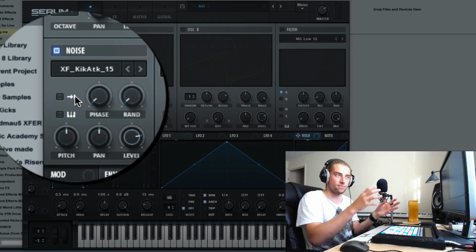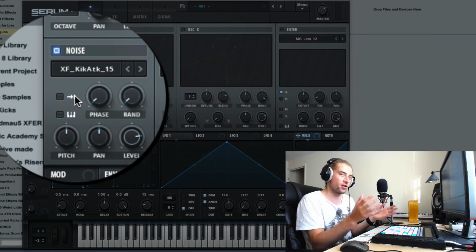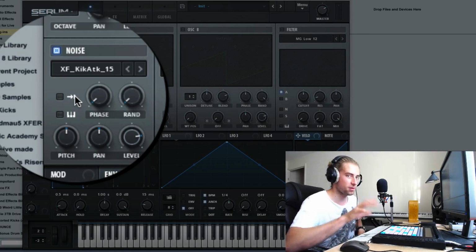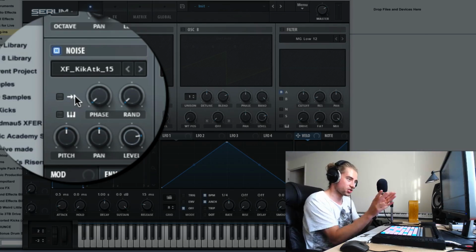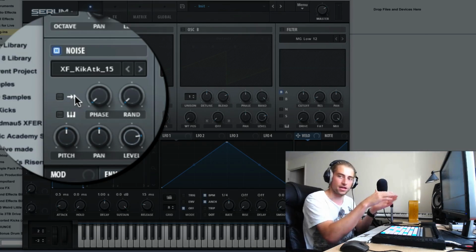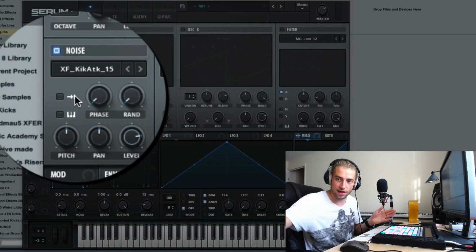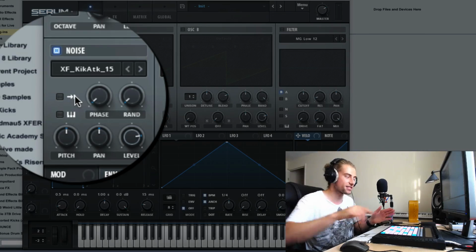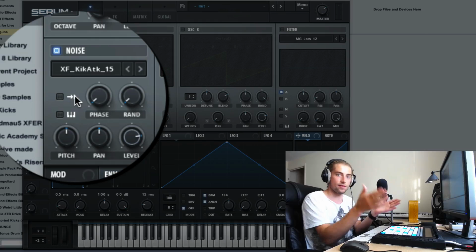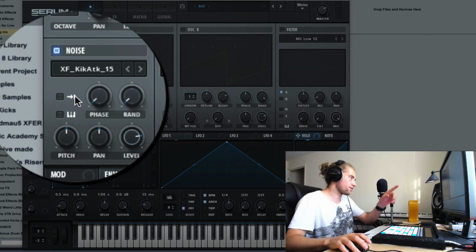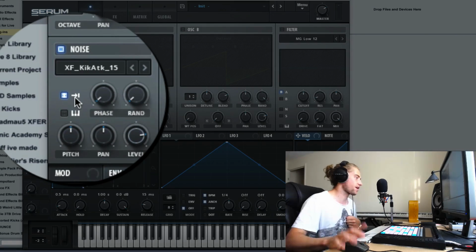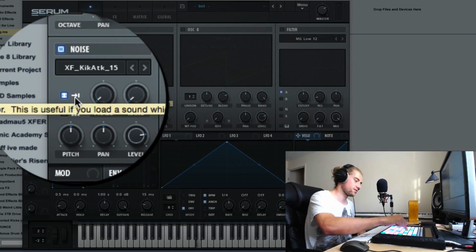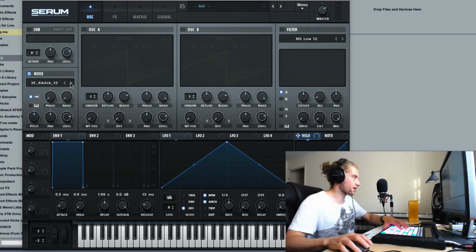So basically, we've got to remember this noise bit isn't generating the noise. It's playing back, I think it's a stereo sample. Might be mono, I think it's stereo. Not really that relevant. It's playing back a sample. So if you imagine the attack of a kick, it's quite short. It's like the attack of the kick, and then the sample's done really quick. So by default, it loops through, which isn't good because you just get a looped sound. So if we turn on this button, it will just play it through once. And we have the attack for our kicks,